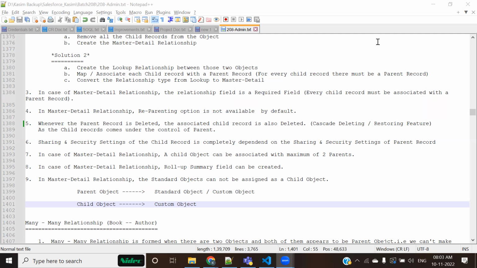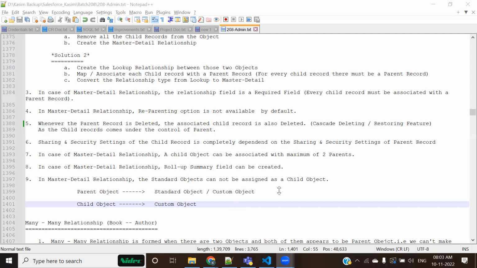Okay, let's go further. Now you have an idea of what a lookup is and what a master detail is. Now we would talk about one important thing that usually nobody discusses in trainings. I'll propose two objects and ask you to create a relationship between them, but I would not describe what type of relationship. It's up to you to decide.